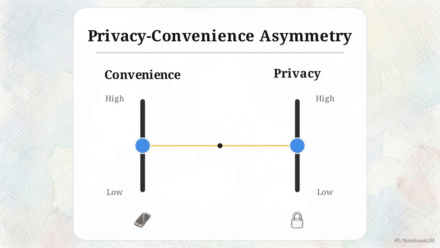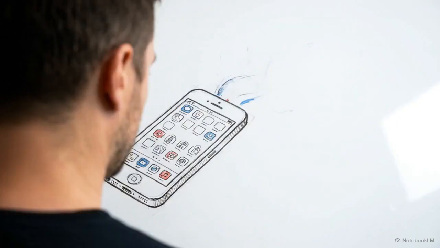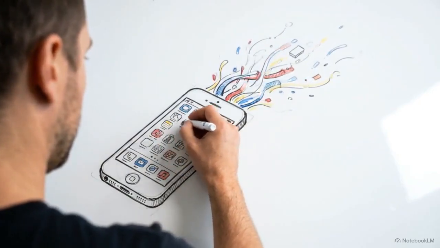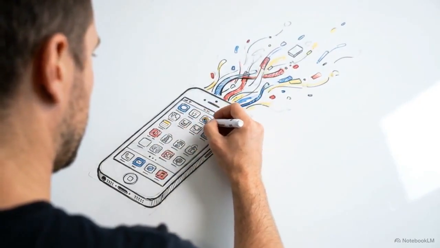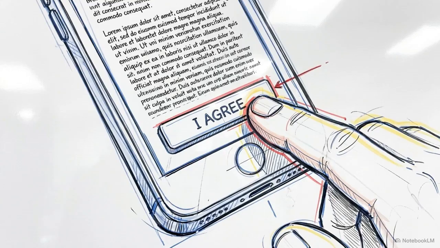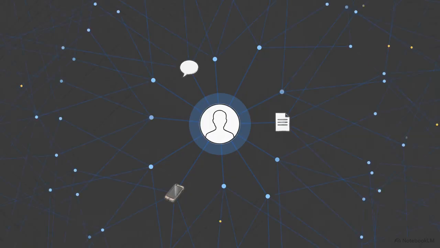There is an inverse relationship between computational convenience and data privacy. Every feature that pushes utility up almost always pushes privacy down. Think about free applications. They offer high utility at zero financial cost, but they extract background user telemetry in exchange for that access. This creates a system of asymmetric knowledge. Users frequently click Agree to terms of service without understanding the true scope and depth of the data extraction they